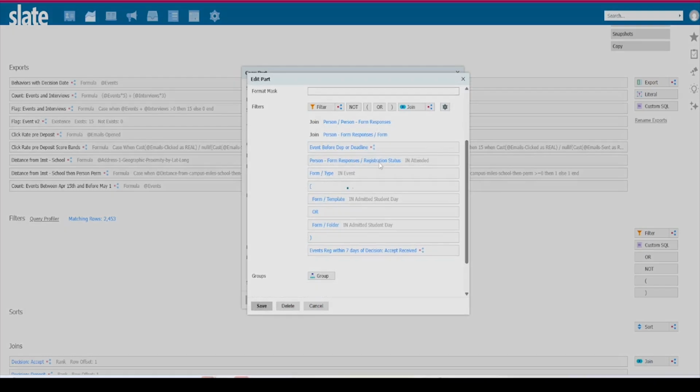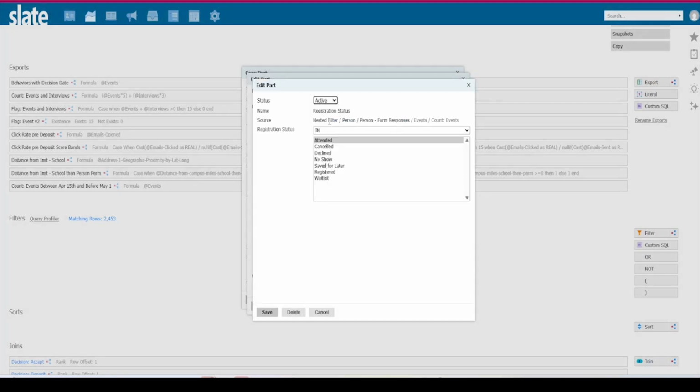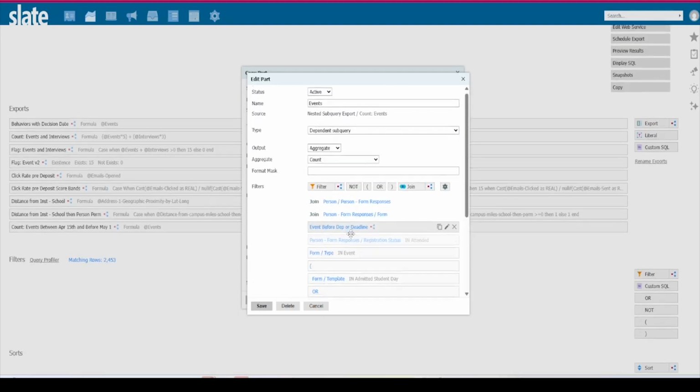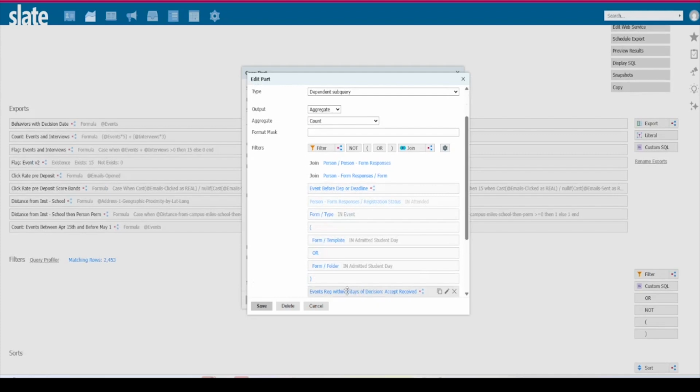So we are going to remove this counting events attended, because this is only going to show that Venn diagram of signed up for events and also attended those events. And for this kind of analysis, we don't necessarily want to know how many events they attended. We just want to know did they sign up for events and how many did they sign up for. So if they signed up for 3 events within that 7-day window, in this form template, form folder of the event type, before there, and we're going